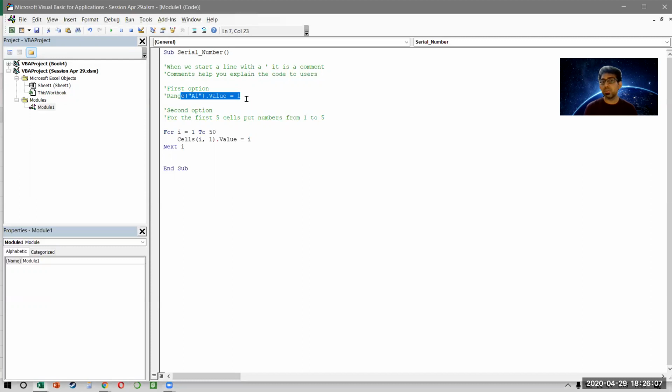No. See, the moment you put a range A1, then that A is not something that Excel will understand. How do you make A dynamic? How do you go from A to B to C? See, I can go from 1 to 2 to 3. That means from the first column to the second column to the third column. But here, even if I concatenate, even if I had separated all this with an and, I could have only made one dynamic. I could not have kept A dynamic. That's the reason you have to use the cells alternative. Cool. Fair enough. Thank you.